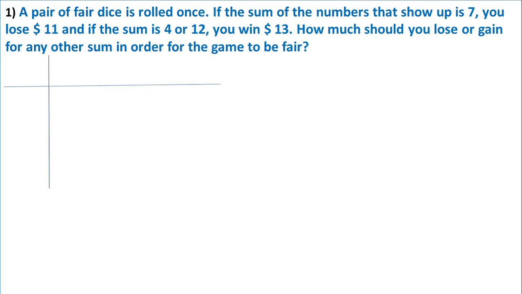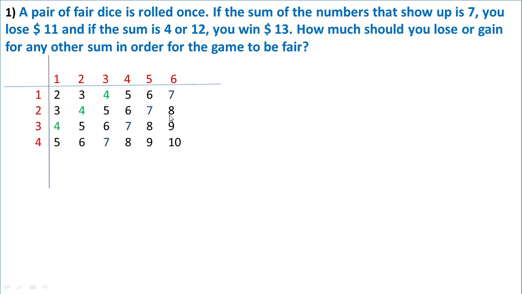Let us first develop a sample space and see the sum 7 and the sum of 4 or 12. In this sum, we add the 2 faces of the die. For instance, if the first die is showing 1 and the second die is showing 1, it means that the